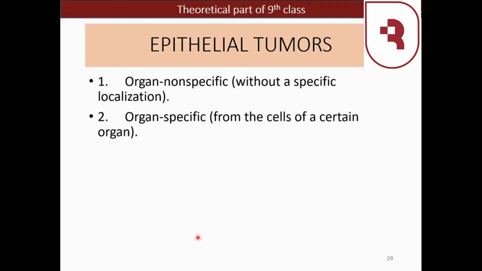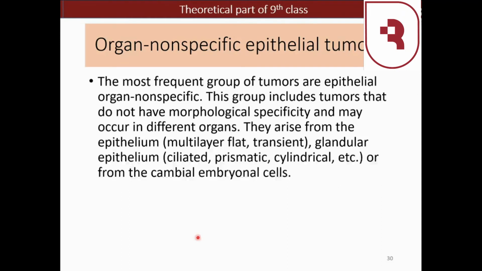So organ specific tumors grow from the special organs, and only due to macroscopical description of a tumor we may make a suggestion where this tumor is localized. So organ non-specific epithelium tumors are the most frequent group of tumors, and this group includes tumors that do not